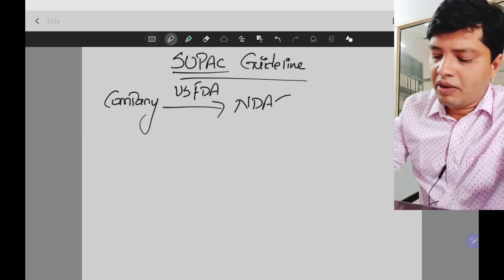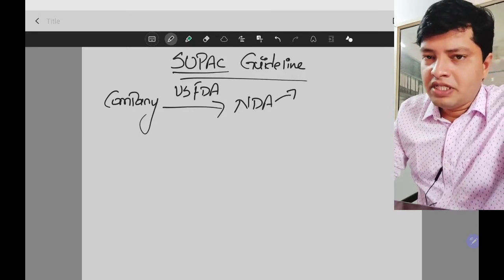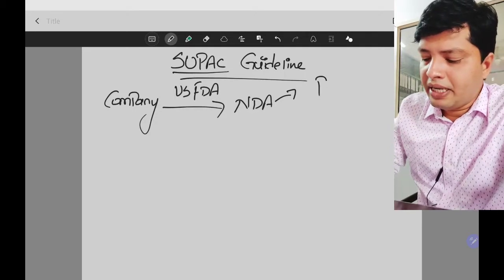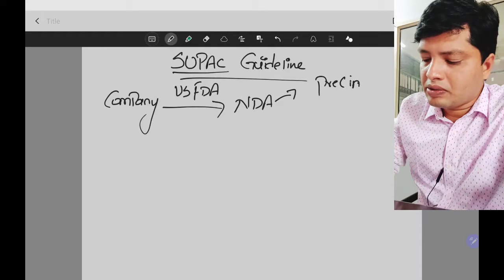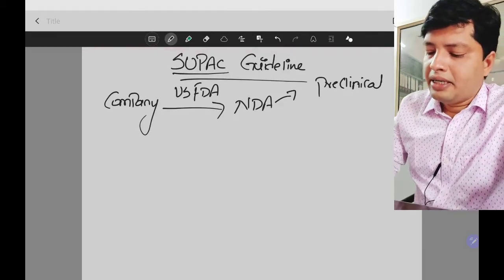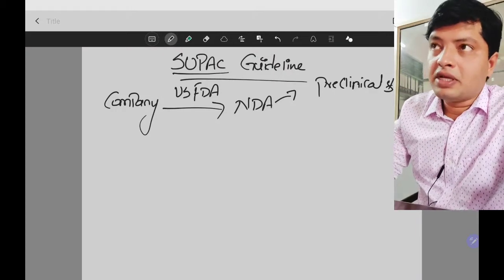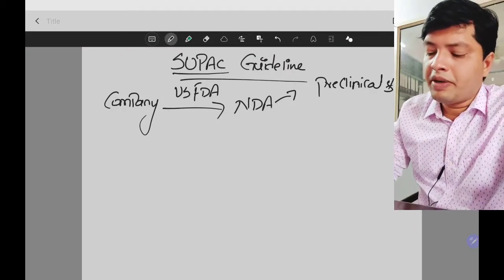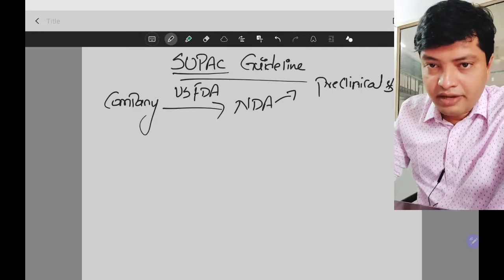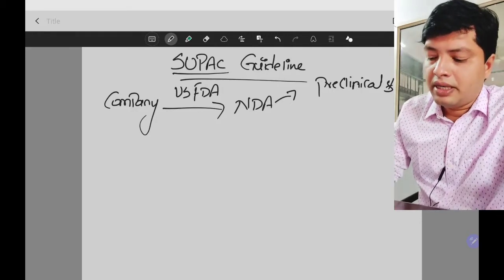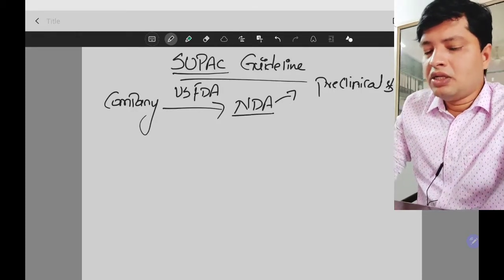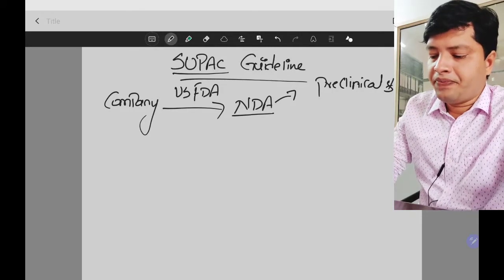As a part of the new drug application, the information provided here is preclinical trials, and safety and efficacy of the drug. So you need to provide preclinical trials data and safety and efficacy of the drug while going for the new drug application.